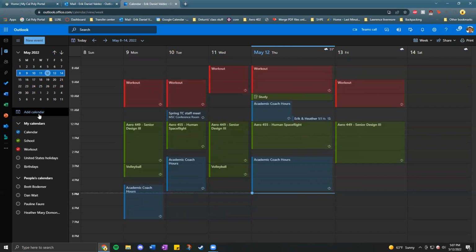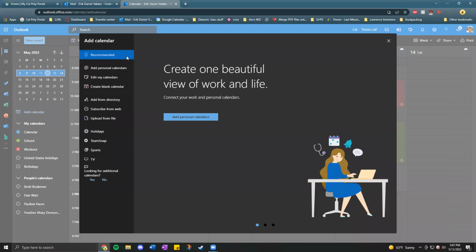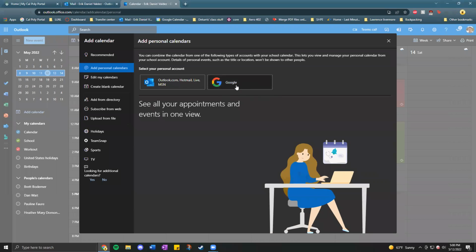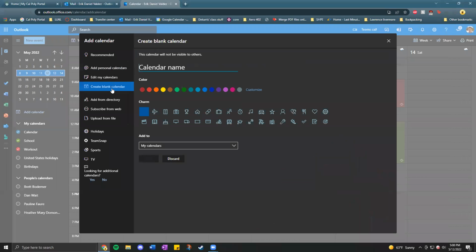And so, yeah, I'll go in and explain how to add the calendar. So it's over here on the left-hand side. You can see where it says add calendar. You click on that and you want to create a blank calendar. There's a lot of options here, like to add a personal calendar. That's if you want to, I believe, add in something from Gmail. Yeah, you can add in associated accounts like from Google or whatnot. But in order to do it on Outlook, you just create a new one, create a blank calendar, calendar name,